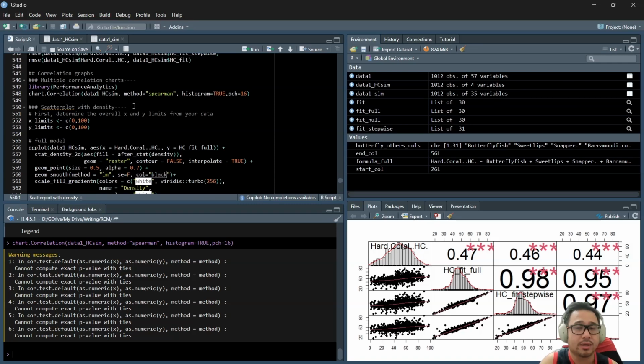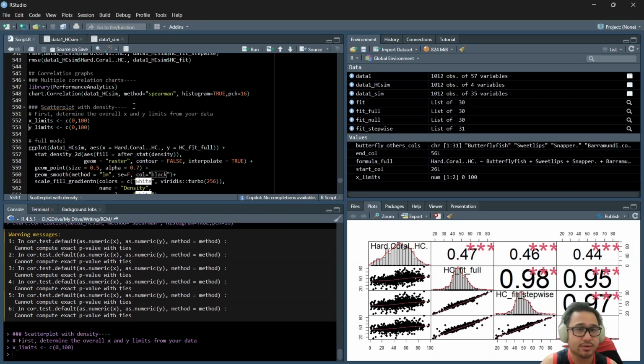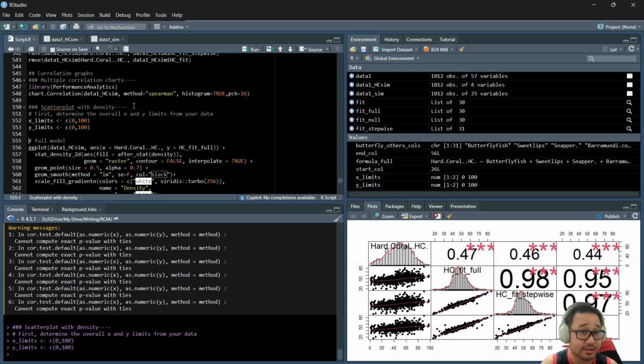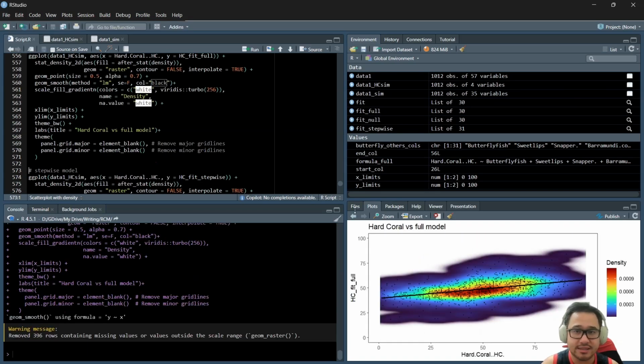And if you want to look into the density plot between the predicted value and the empirical value, we can also use the scatter plot of density, color density, or kernel density. For this full model, you can see that everything hovers around here, and you can see how the data spreads. The blue one represents lesser data density, whereas the red one shows higher data density around here, which means most of the data concentrate here, and the value is not exactly one to one, as it is a bit flat, especially at the fit models,